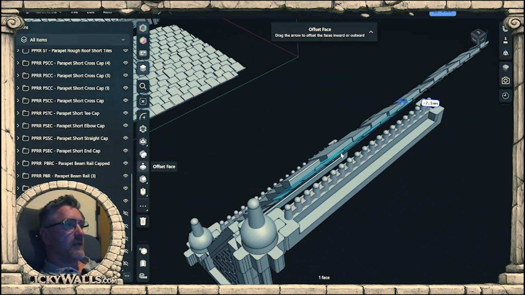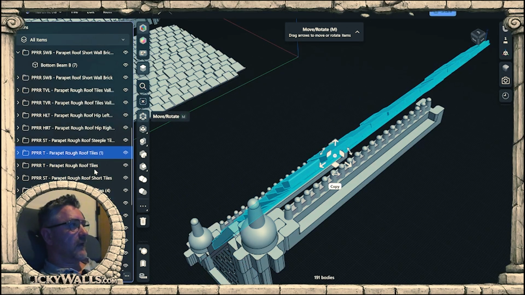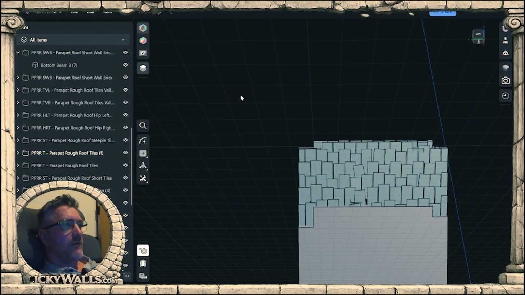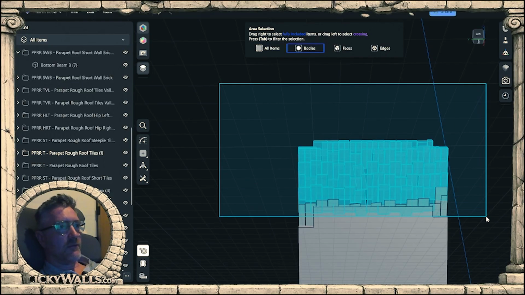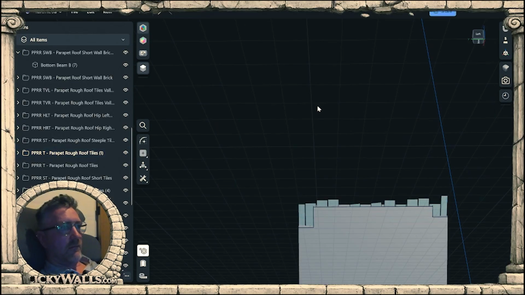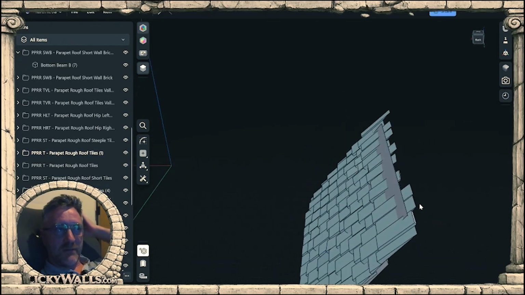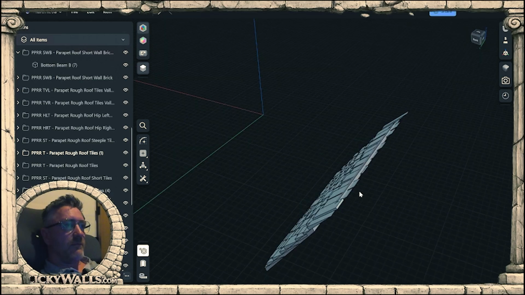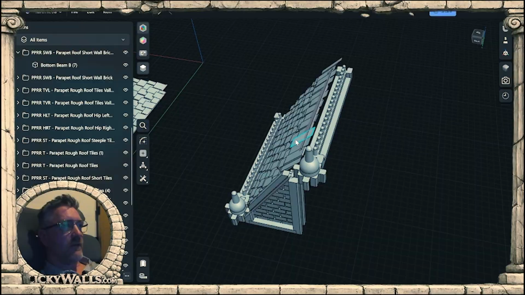Now these tiles, the best way to do this, if I select one of them, find the thing, click it, right click and isolate it, and now I've got rid of everything, and now I can just draw a box over it, and if I press tab I can just select the body, so I'm not selecting edges, so I can get that and delete that like that. So I might have to bring some more up, but I can sort that out later. What I just want to be able to do at the moment is just see where everything is,